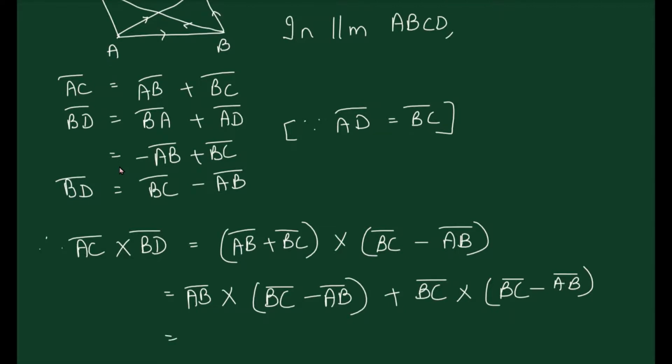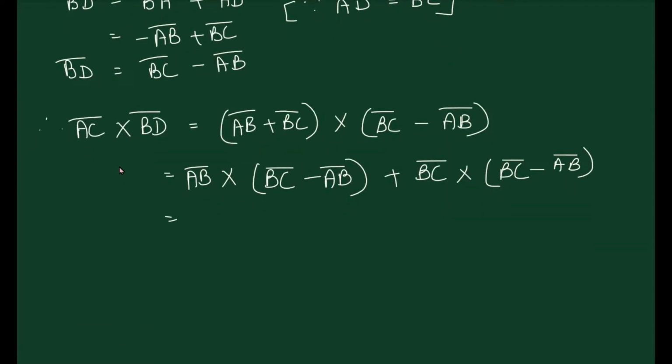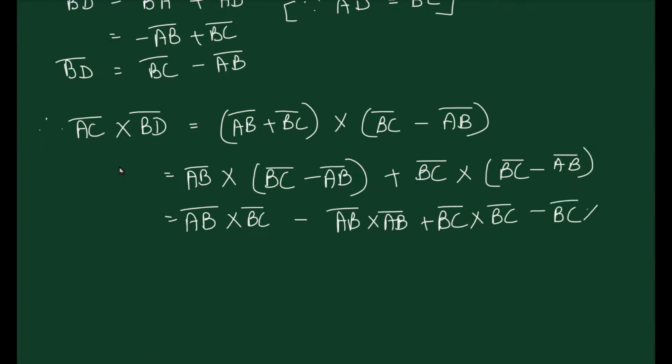Okay, then in this case, we open the brackets and so we get AB cross BC minus AB cross AB plus BC cross BC minus BC cross AB. Remember, direction is very important, so writing the order properly is very important. Now you know that AB cross AB, AB and AB being parallel vectors, becomes 0, so this goes away. Similarly, this term also goes.